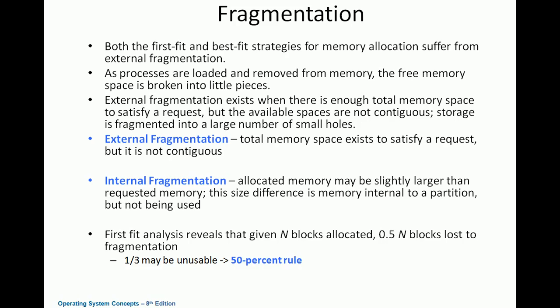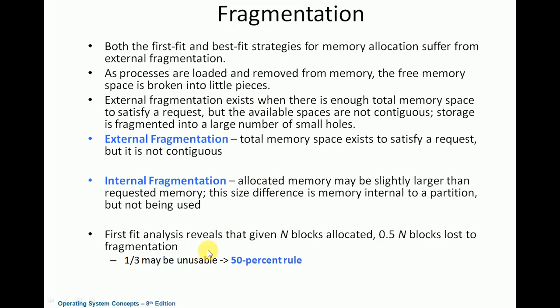So instead of allocating only 998 bytes of memory, what we can do is allocate 1000 bytes of memory. The requirement is only 998 bytes, but we could allocate 1000 bytes. So 2 extra bytes are allocated here. Those 2 extra bytes are basically not being used. That is called internal fragmentation. So in a particular partition, that much amount of memory is not being used. That is called internal fragmentation.